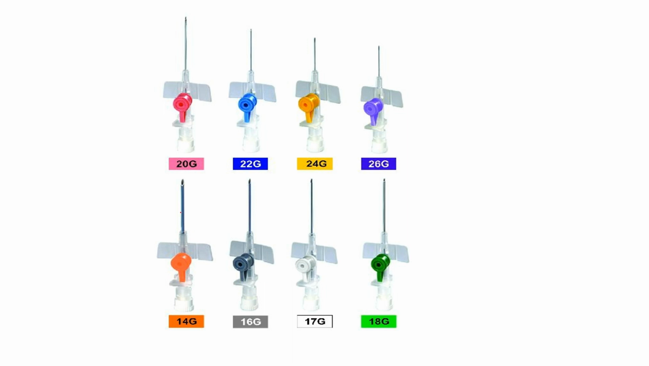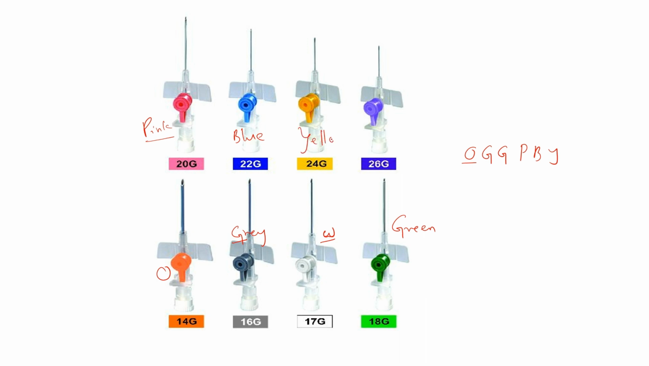These are the different sizes of the IV cannula, and there is a classical mnemonic by which you can remember it. It is OGBB. O is your orange, which is 14 gauge. Next is your gray, then your white, which comes in between, actually as 17 gauge. Then is your green, which is 18 gauge. Then is your pink. Then is your blue,